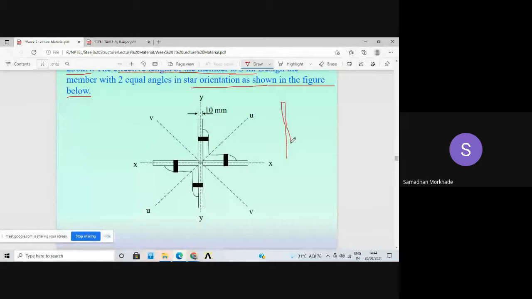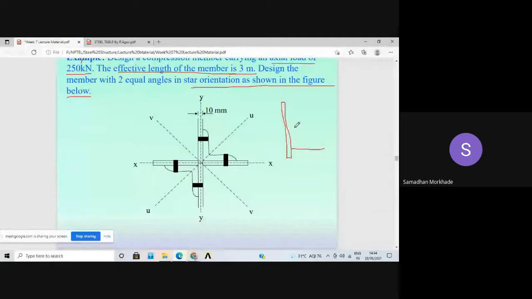This is the gusset plate, with two angle sections placed on opposite sides of the gusset plate. Due to this placement of the geometry, your moment of inertia calculation is going to change. This is the second case. Here is the first case, which we are going to solve. This is the second case; it is not to scale. And in the third case, both angles are placed on the same side of the gusset plate. That is also one possibility.